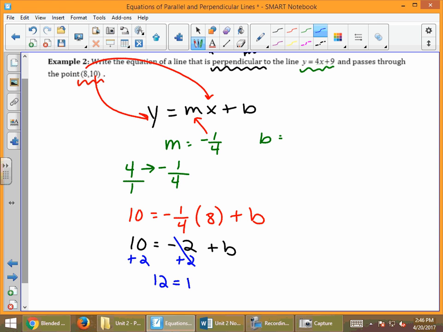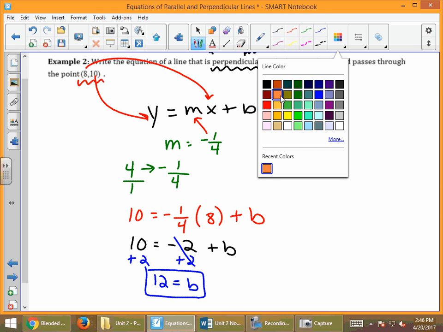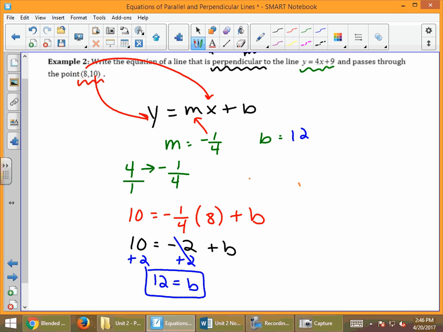12, add your b. Again, that's not our answer, that's just part of our answer. Okay, that's our b. Once you find your b, you can now write the equation of your line. You have the y goes back to being the y. Our m, we said was negative 1/4. Our x goes back to being an x. And our b is a positive 12, plus